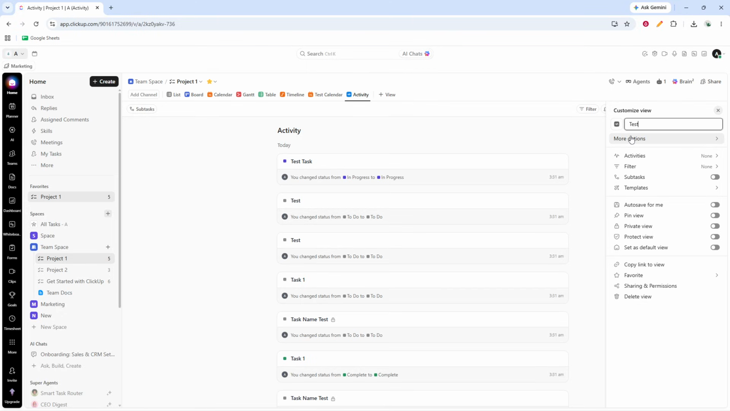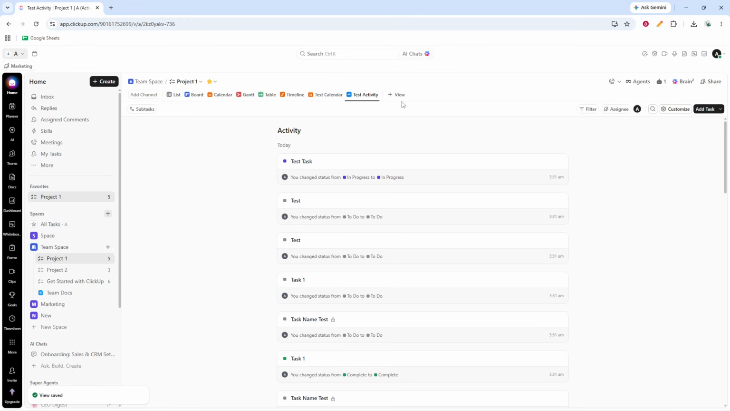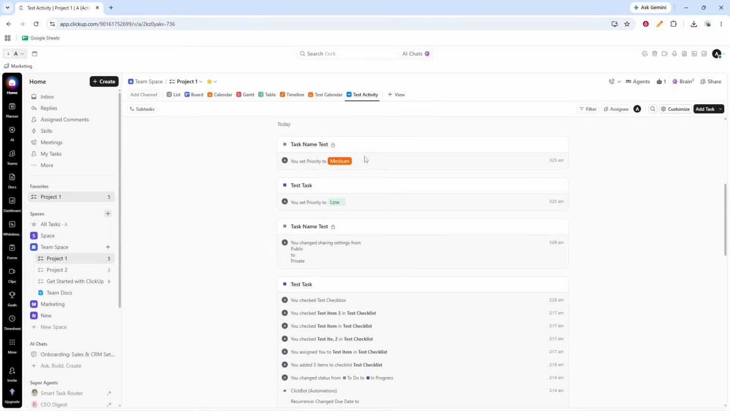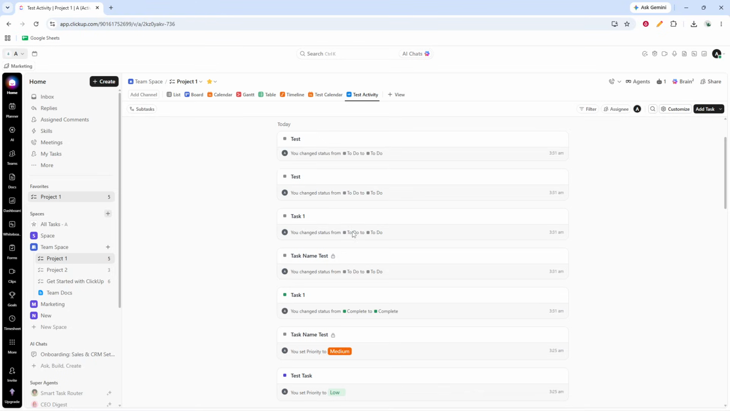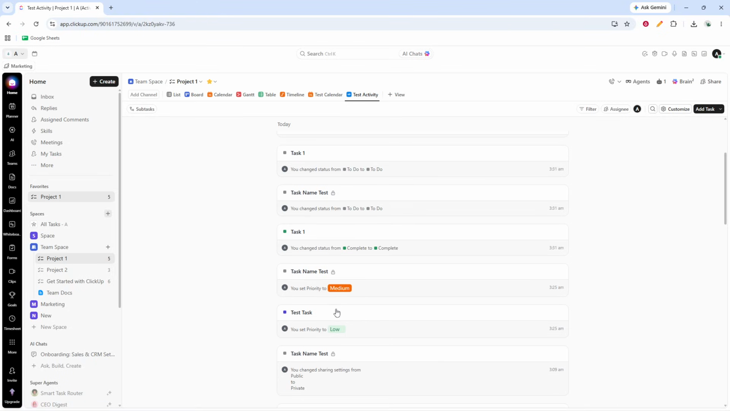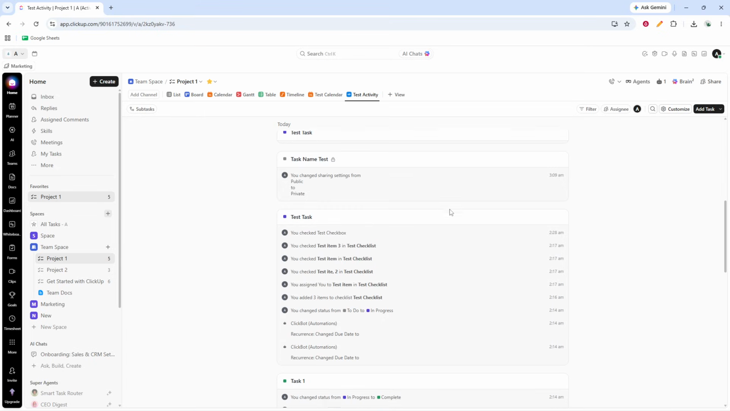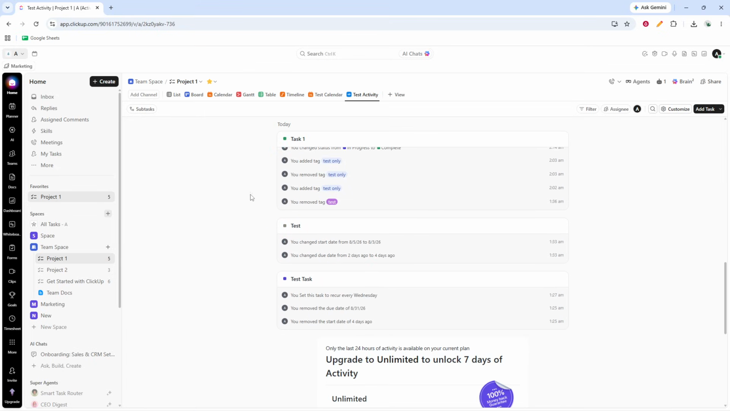Giving it a clear name can help you recognize it later, especially if you use multiple views for different purposes. Once the view is created, take a moment to review the activity being displayed. The activity view can show task changes, such as status updates, comments, assignments, and other actions. This gives you a running log of what your team is doing and helps you stay informed without needing to